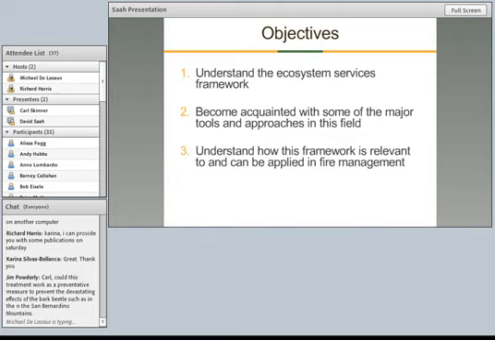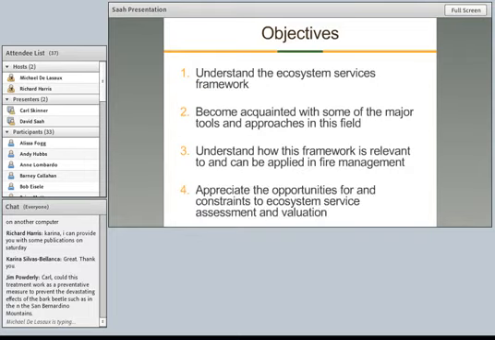I have two examples here where we're going to actually take ecosystem services, and in one example we're going to integrate it into a CWPP. How do you actually prioritize different treatments and fire hazard zones within a CWPP? And in another example, we're going to talk about how BLM used ecosystem services in assessing the efficacy of some of their treatment projects.